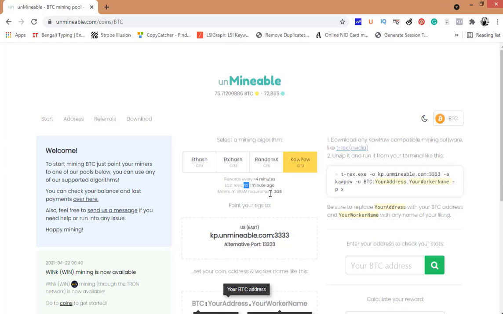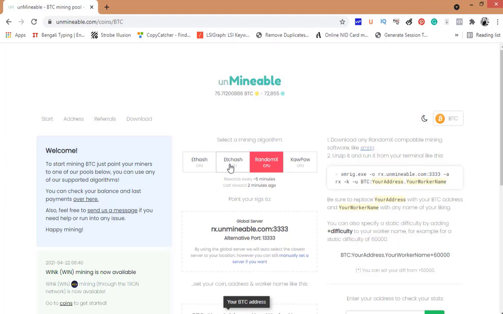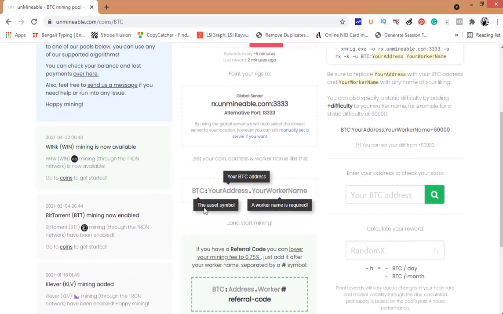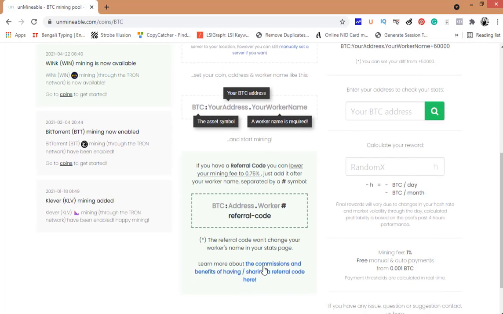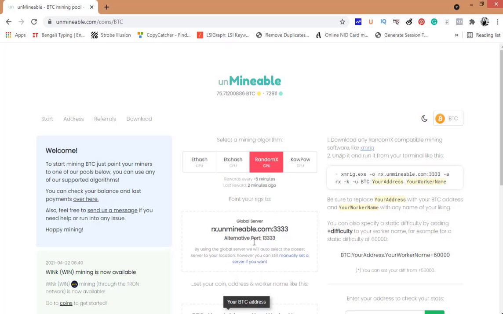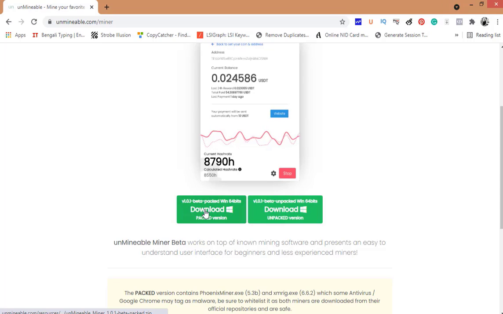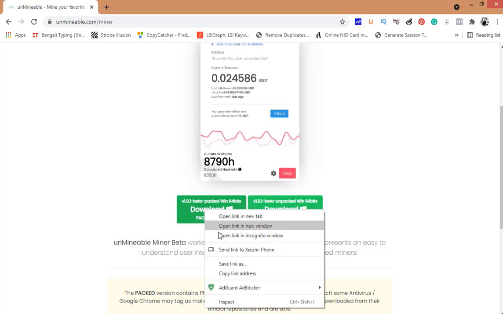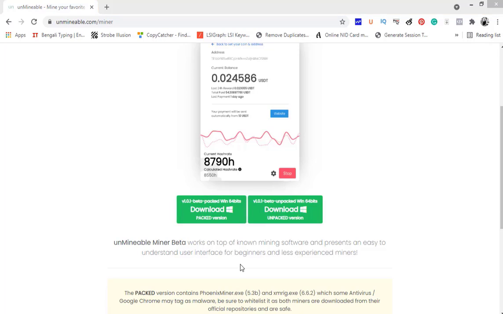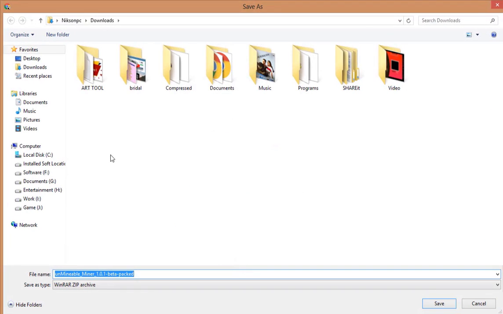with this software. What you have to do, you can see there are 4 different options for earning. If you are just having a PC, you can go with a random CPU and try to earn. Now you can see here there's an option for download, so just click here and download, and there are 2 options, so just click here and save the link.